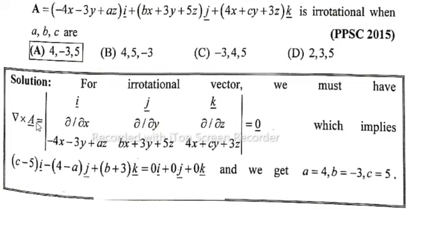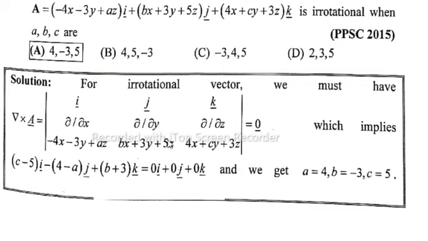So curl is represented by gradient. So gradient multiply A is equal to the determinant of i vector, j vector, k vector. Gradient represents partial over partial x, partial over partial y, partial over partial z. So A vector, that is, -4x - 3y + az, bx + 3y + 5z, 4x + cy + 3z. So i unit vector into partially differentiate